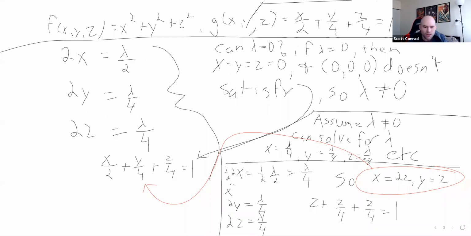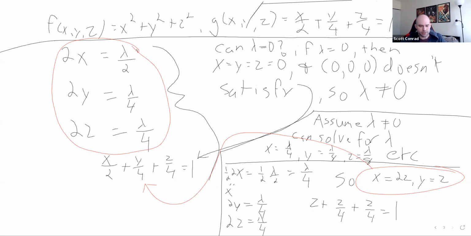How did I get those values I circled? So what I did was I looked at these equations. Maybe solving for lambda or writing in terms of lambda would have been a little more straightforward, but this is what I did. We looked at these first three equations, and we noticed that the right-hand side is almost equal in all these. The second two, we have lambda over 4. First one, we have lambda over 2. I can get lambda over 4 there if I just multiply both sides of the first equation by 1/2. So I did that. Now all the right-hand sides are equal to each other,